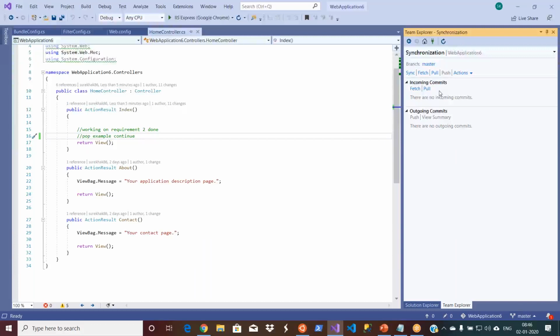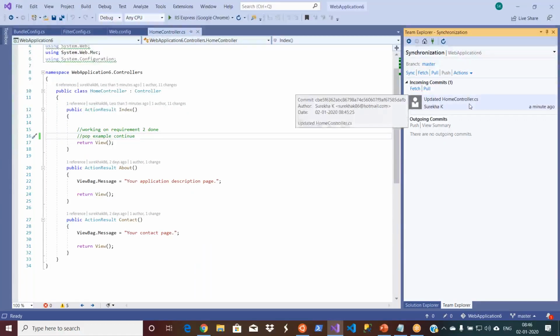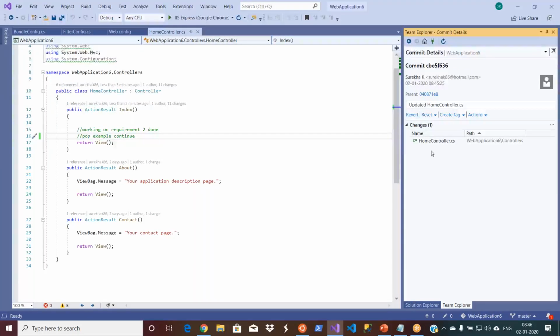Okay. So when I say pull, it will take the code from the remote repository and update my local. I don't want to do that. First, I want to review it. Now you click on fetch. When I click on fetch, it did not update my code. Rather, it is showing me all the commits that are available on the remote repository. So you can verify if you want to have it or not, and then you can actually pull it. If you want to see the details, you can view commit details, and then open it.